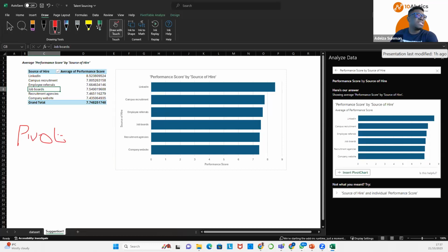It's called a pivot table. That is called a pivot table. We could have created this table ourselves manually, but Excel did it for us automatically. Now, this chart you see at the right-hand side that Excel also created for us is called a pivot chart. Okay, why are pivot tables and pivot charts very important?